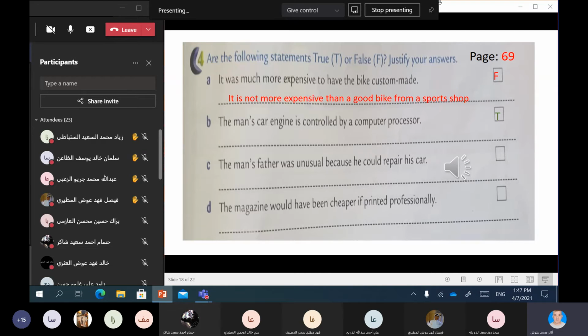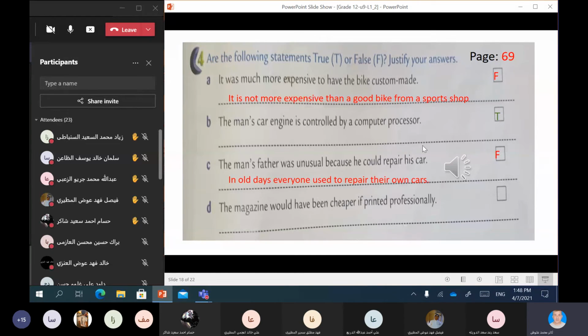The man's engine is controlled by a computer processor. The man's father was unusual because he could repair his car. True or false? False, because as they have said, in old days, everyone used to repair their own cars. Let's move on to the last